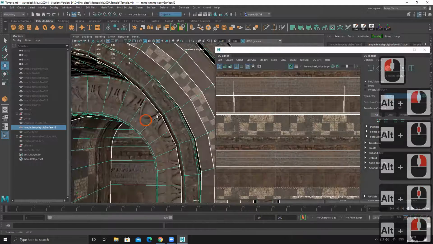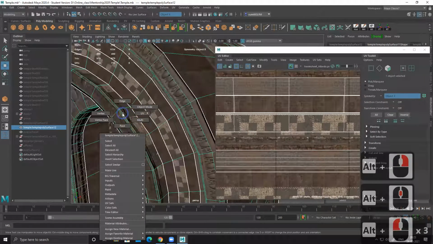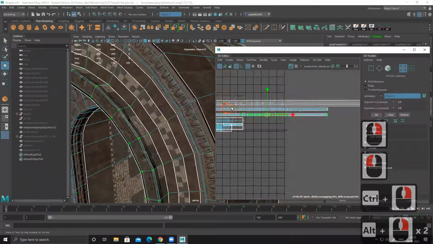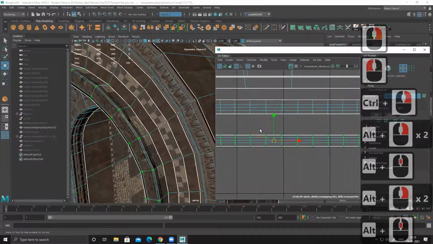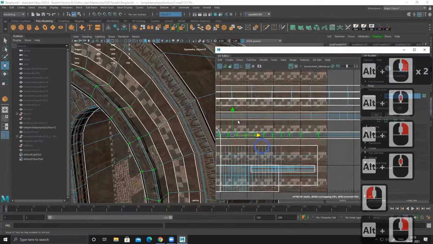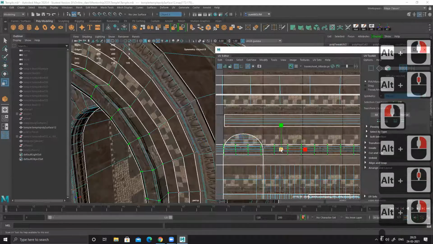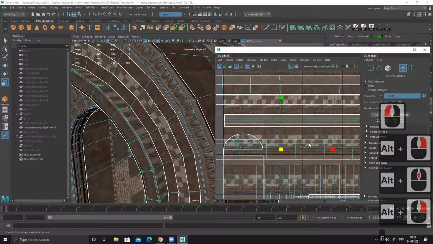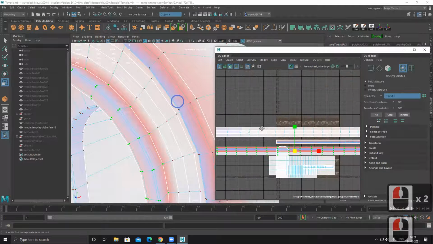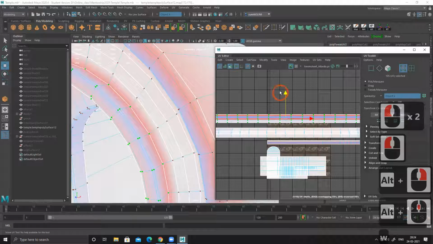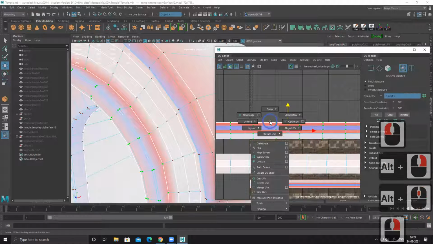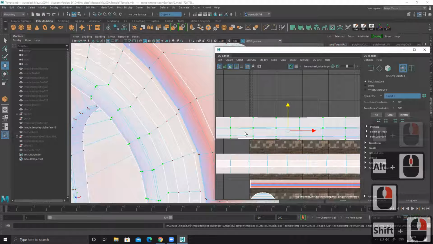And the same thing for this section. Let's see, UV. This one, let's move it to the center. See, this will also become vertical.